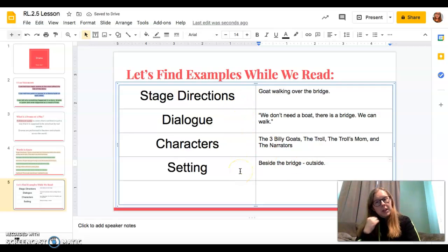So while you're reading, boys and girls, I'm not going to finish reading that story to you. While you're reading your plays and things, look for those pieces. And you're also going to have questions in your packet this week about characters, about the problems, because the problem really leads to what the characters do next. So it's going to ask you, how did the character feel? What was their problem in the story or the play? And what happened because of that?